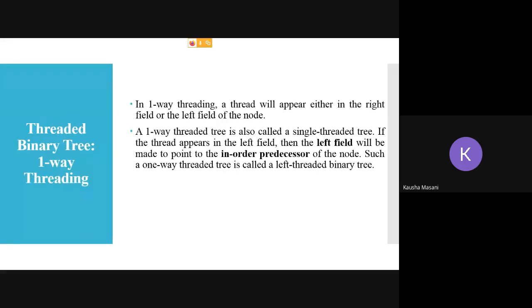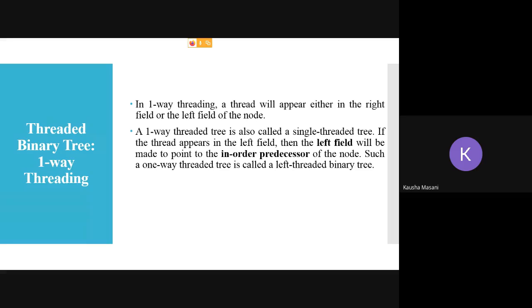Now if the thread is on the left field, that means on the left pointer, then what do you have to consider? You have to consider in order predecessors. Note down this, or you can take a screenshot. I have already highlighted the words which you should remember. If threads are appearing on the left field, then those fields should contain memory addresses of the in order predecessor node.